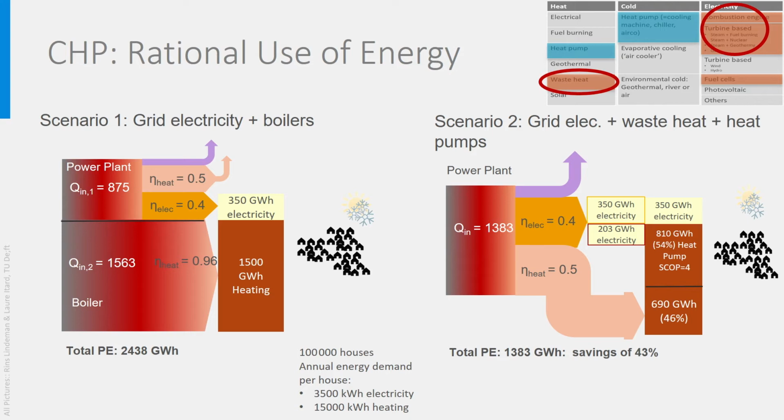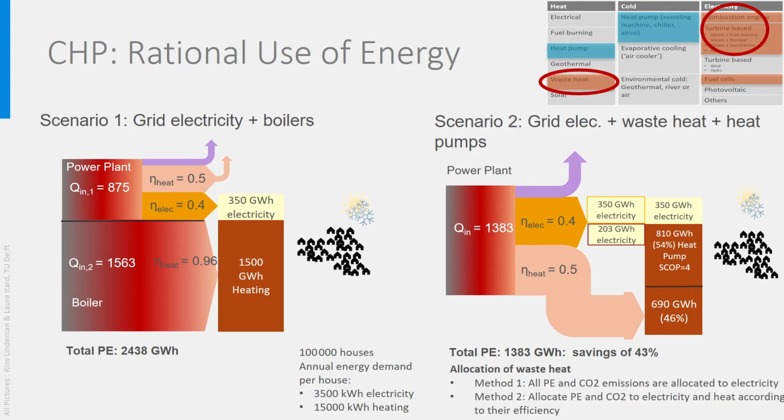electricity-driven ones. Heat is a byproduct of electricity production, produced simultaneously with electricity. It is therefore logical to attribute waste heat no primary energy and no CO2 emissions. See method 1. That is done by several countries and is also meant to increase the use of waste heat and to reduce this way energy wastage.